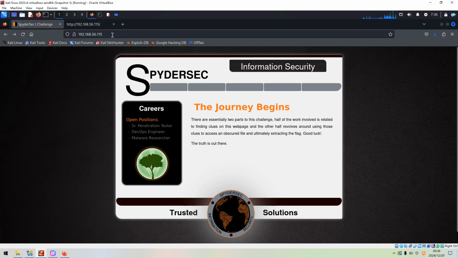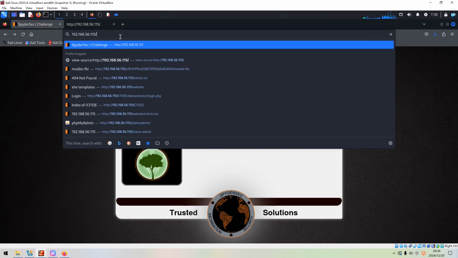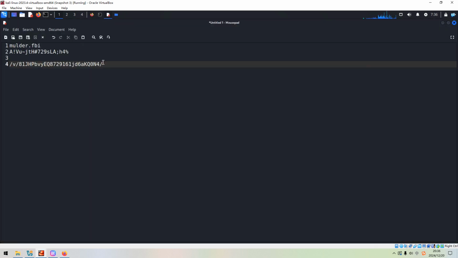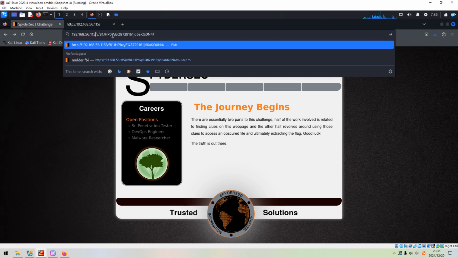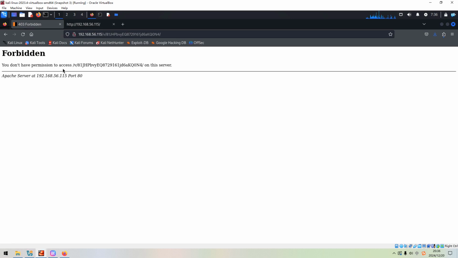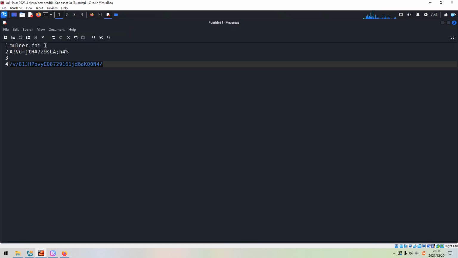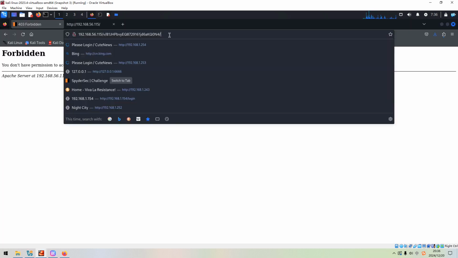Refresh, and then we can access this, so we can copy this directory. Press enter. However, we still get the error of forbidden. But I think now we can try to put this file name at its end.